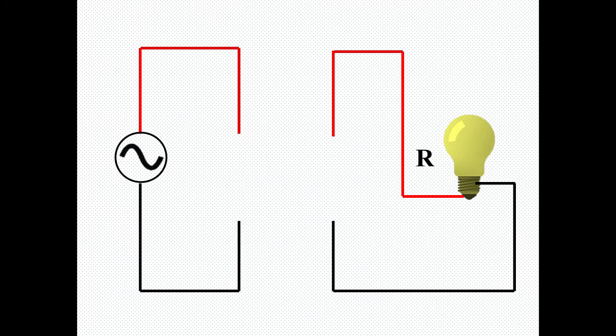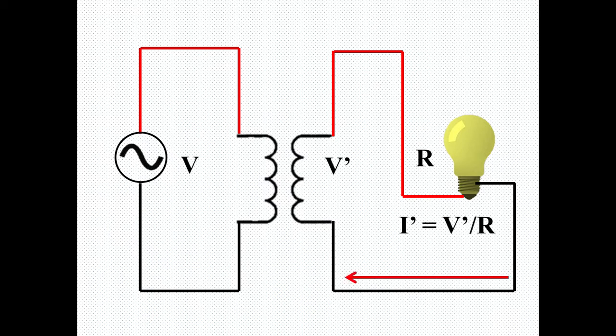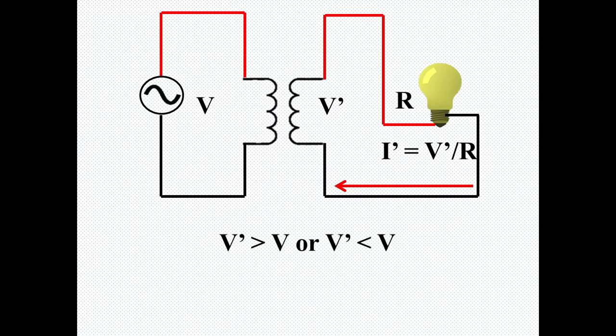Variable power delivery is possible if we manage to place a transformer between the load and the source. The transformer will change the voltage level and hence the current in the circuit will get varied. Transformers can increase as well as decrease the voltage level, so one can get the variation in the power accordingly. But the catch here is that the voltage source should be AC voltage source. The transformer will not work on DC voltage source.